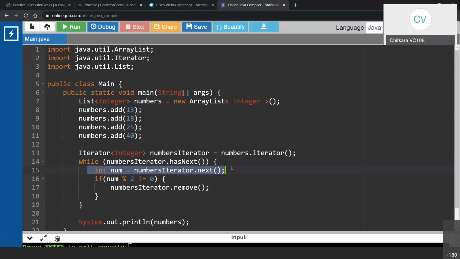Manirup, my question was to go to the documentation and tell me what it is returning. Point number one. Point number two, the second concept: if it is returning a wrapper class and I'm assigning it to int num, whether the concept of boxing or unboxing is there. So take your own time and come up with the answer.